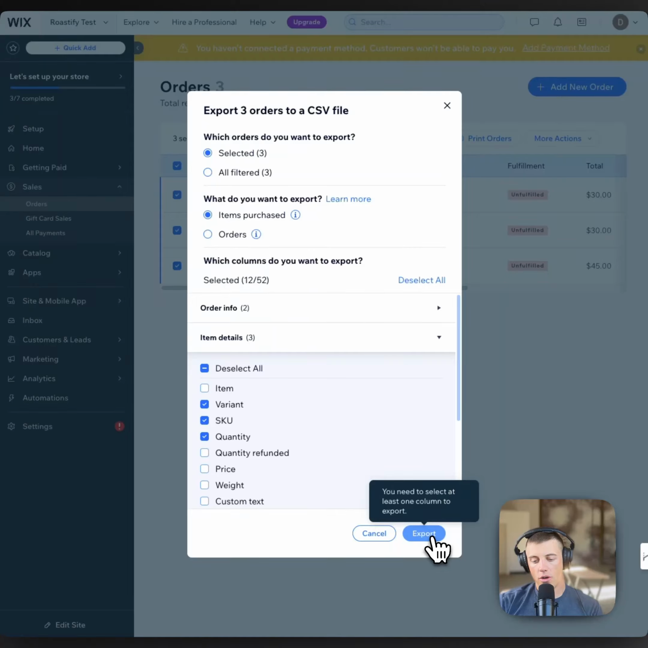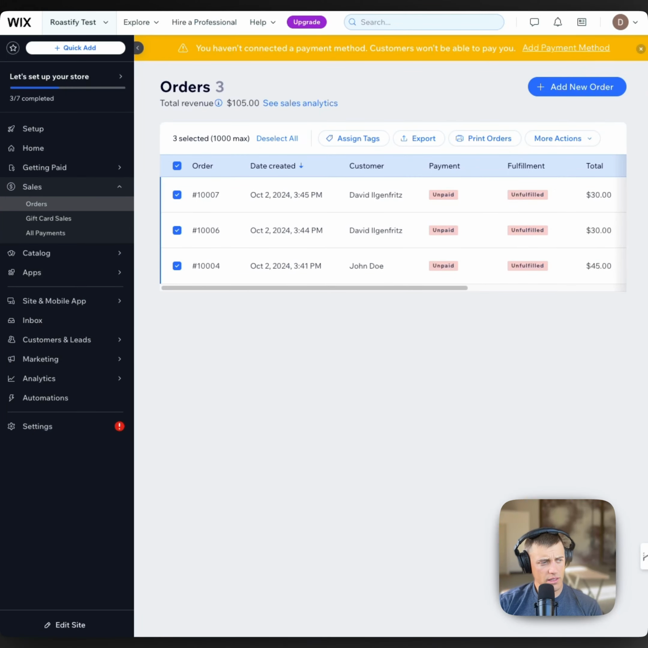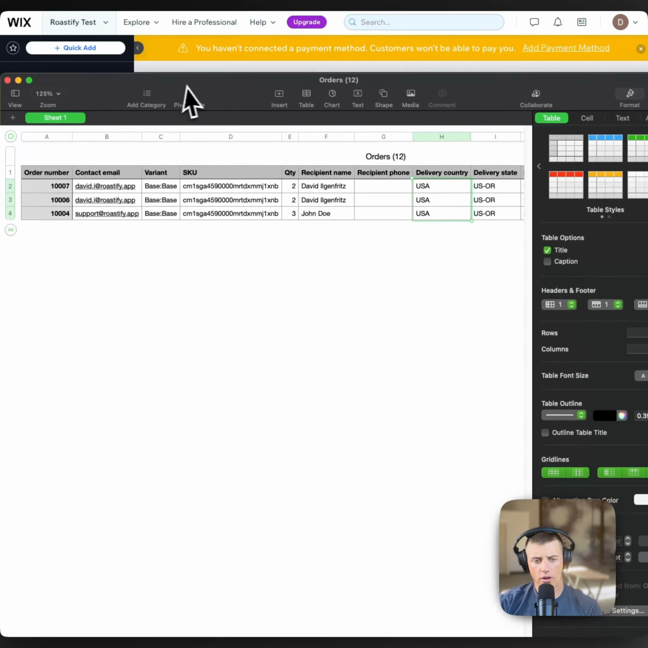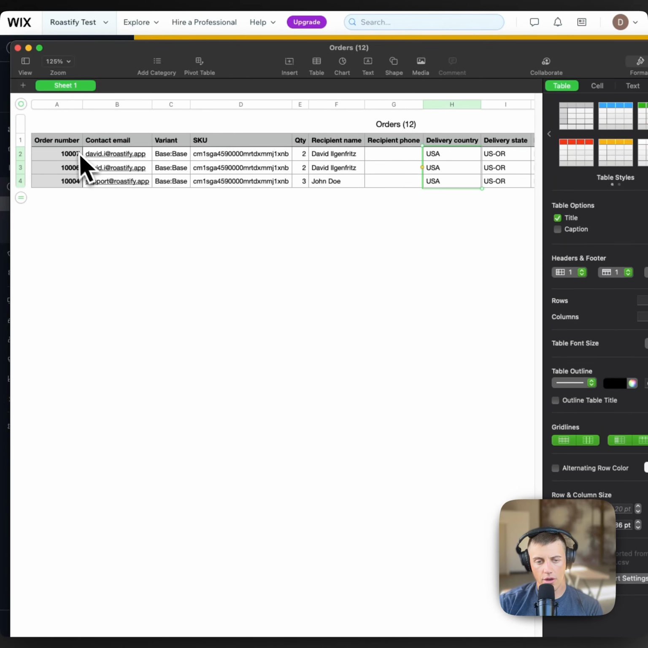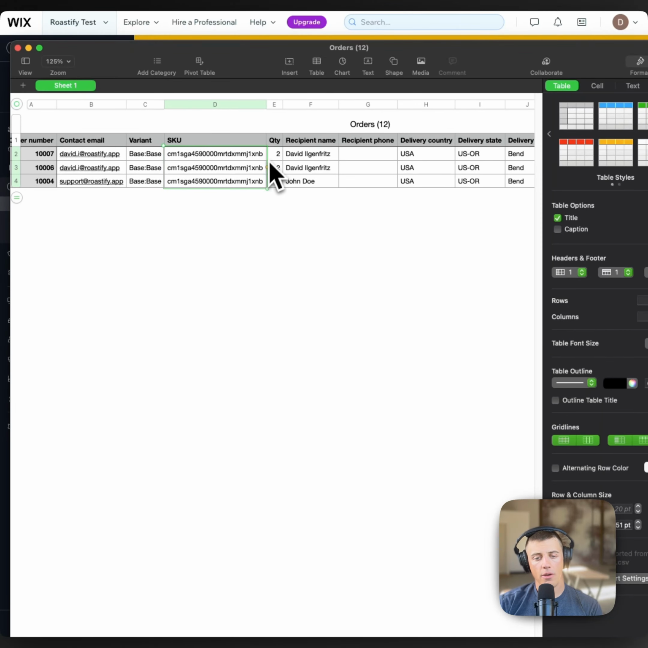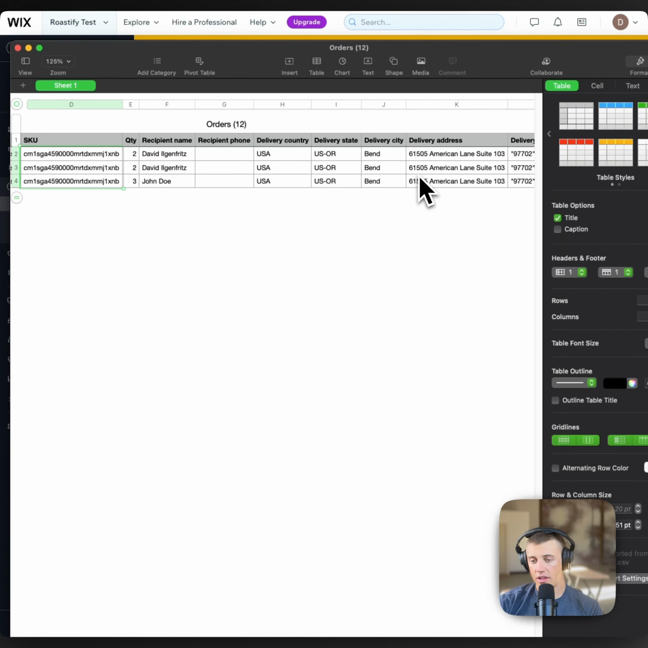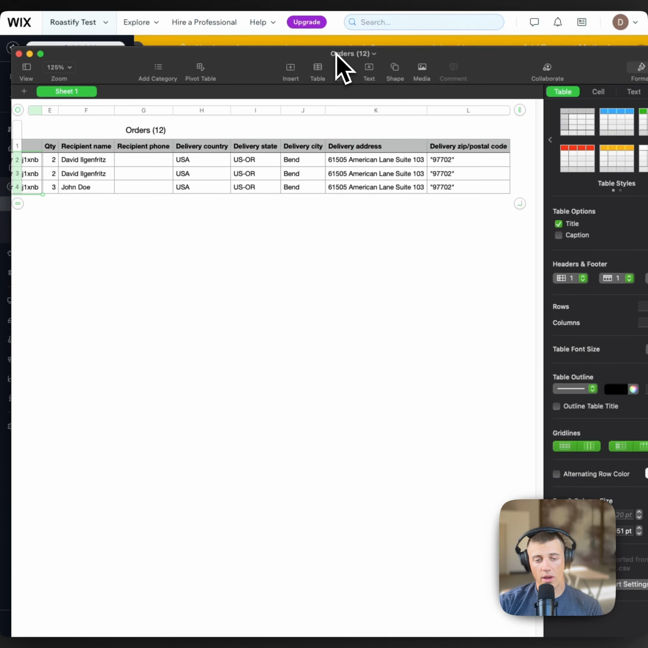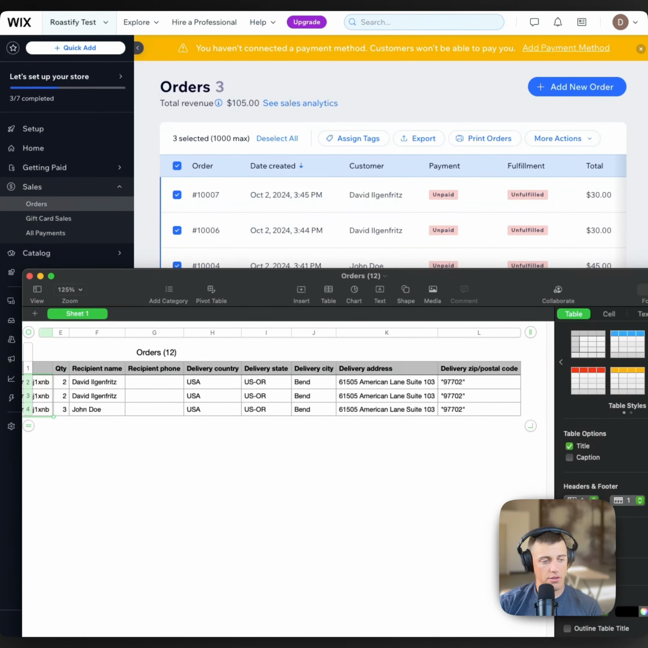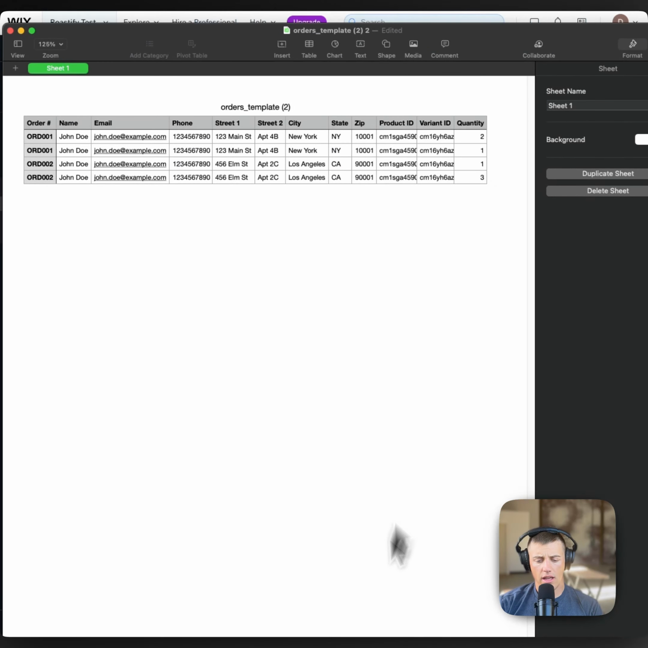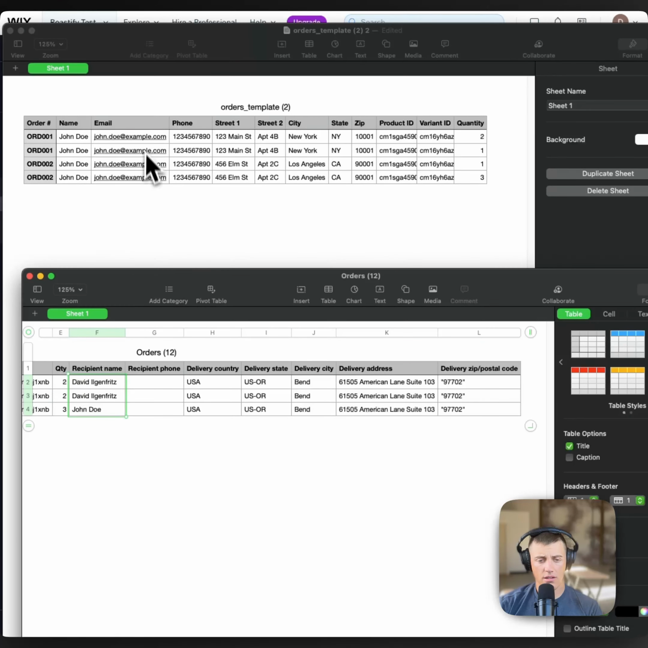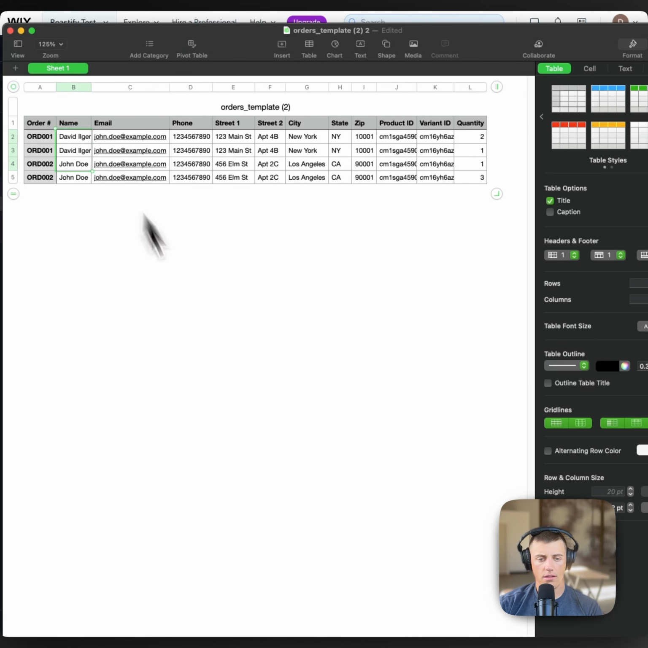So we'll go ahead and hit export, and that will export from our Wix store, and we get this CSV file. So you see all of the same information that we need. We need order number, we need contact email. It stores the SKU, even if it doesn't store the variant ID, it stores the SKU, which is the product ID. We have quantity, name, address, everything that we need. So the easiest way then to take this information would be to get our template and come over here and just quickly copy, paste